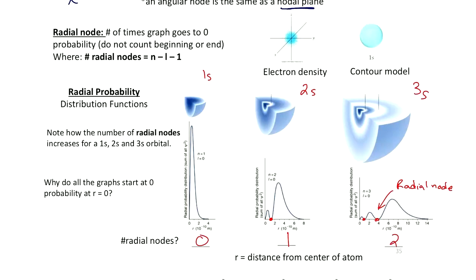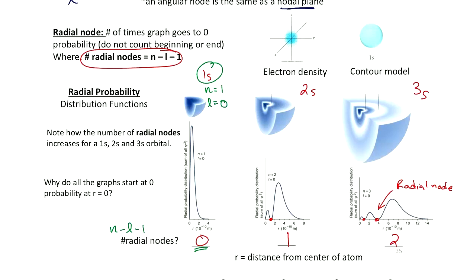Okay, so yes, we got the number of radial nodes from the graph, but we can also calculate how many radial nodes should show up on a graph based upon this equation. The number of radial nodes in a predicted graph is always going to be n minus L minus 1. So if we look at a 1s orbital, what is the n value in 1s? 1. And then what is the L value? 0. And then what is n minus L minus 1? 0, right? So based upon the subshell, given the n and L value, we can predict how many radial nodes are in the graph that you should draw.